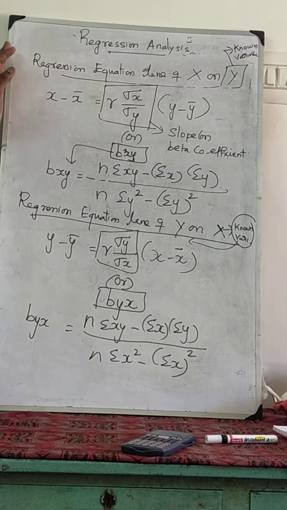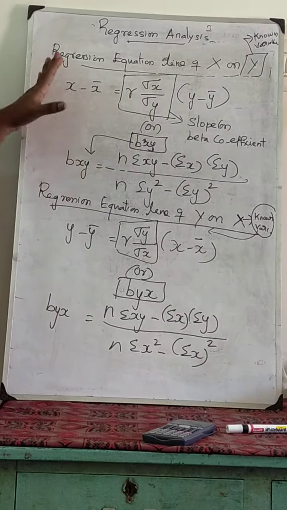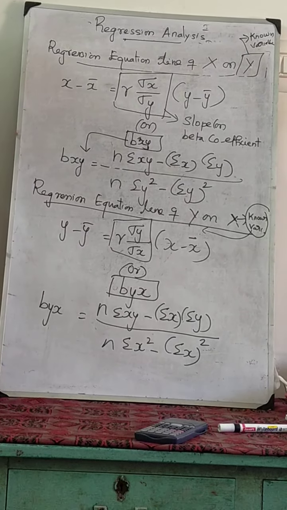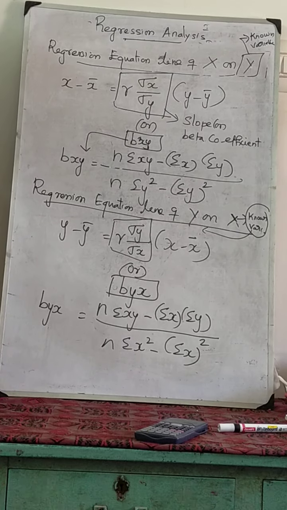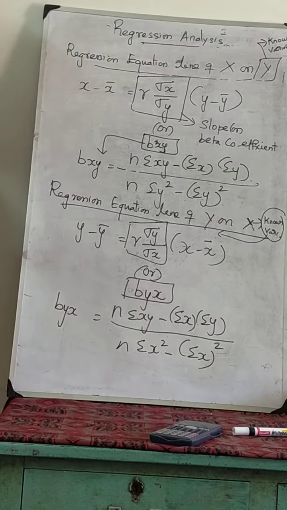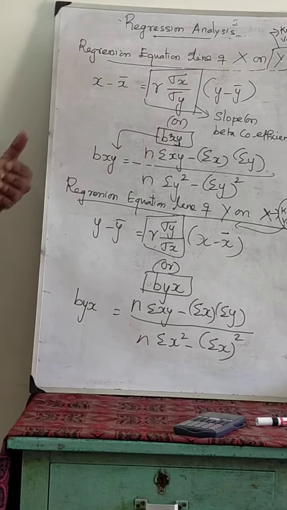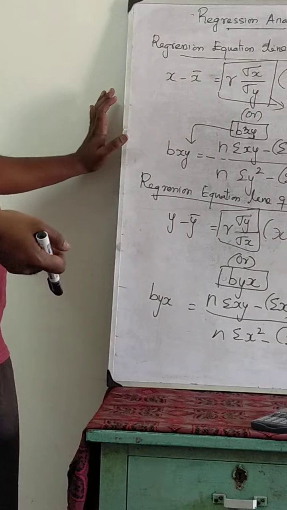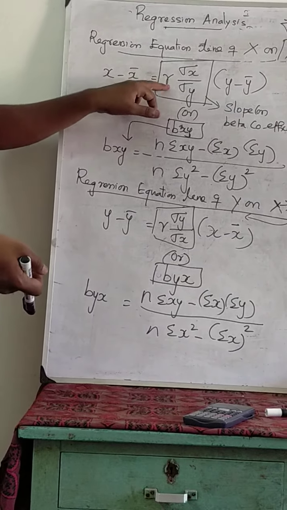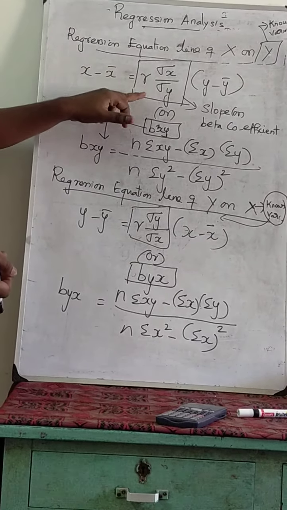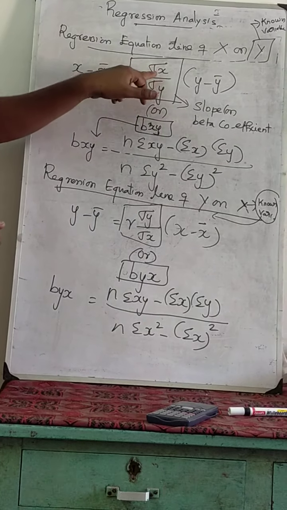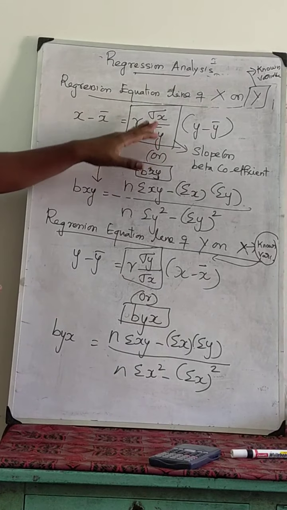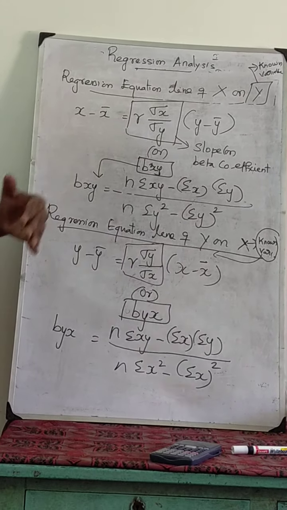Okay, this is what we are going to discuss manually in the regression analysis. So there will be an x value given. By using the x value, what will be the value of y? Sometimes the value of y will be given. By using the y value, what will be the value of x using these regression equations. Okay, again I am writing beta. For the beta coefficient we have two concepts. Either you can use r sigma x divided by sigma y, or bxy. Okay, so you do this according to the problem.